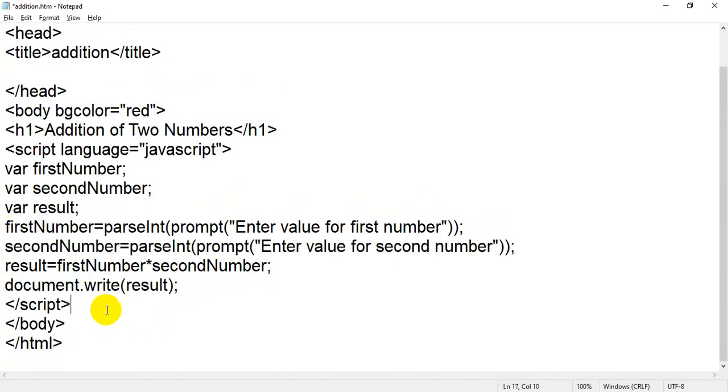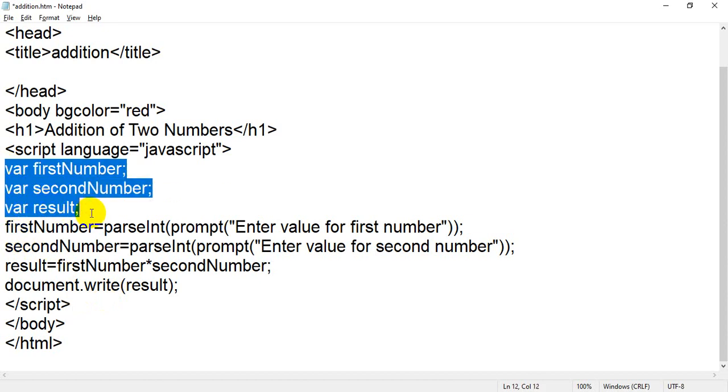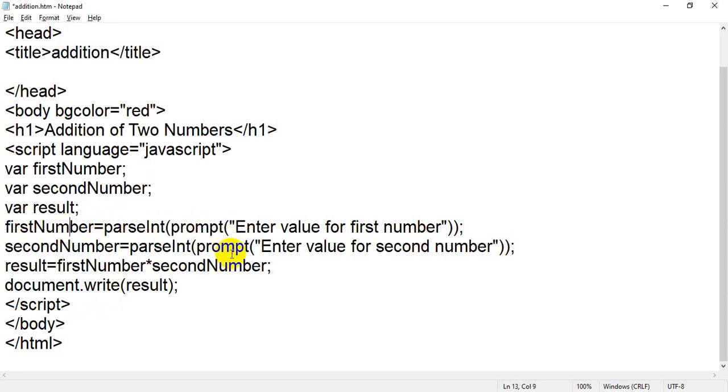Now you have a 3-line code where you have declared 3 variables, yes or no. We have declared 3 variables: first variable, second variable, third variable. Then we have used the parseInt and prompt functions 2 times. Why 2 times? Because the first time you will take the value inside the first variable, and the second time you will take the value in the second variable.